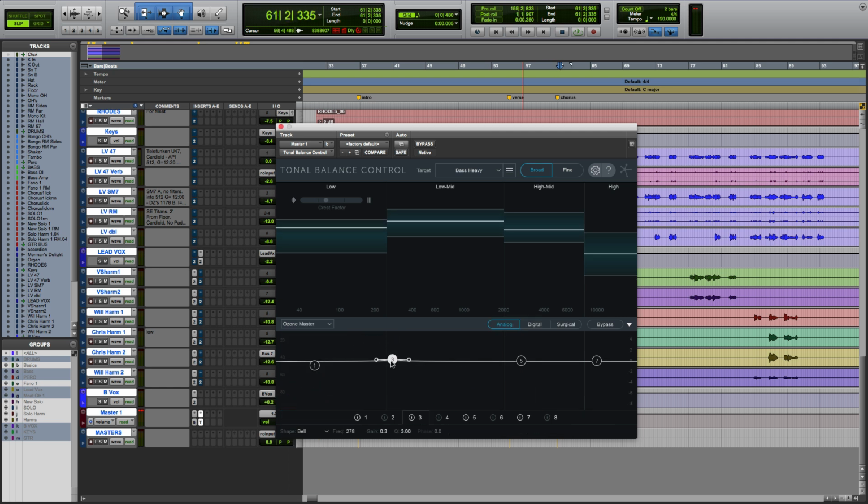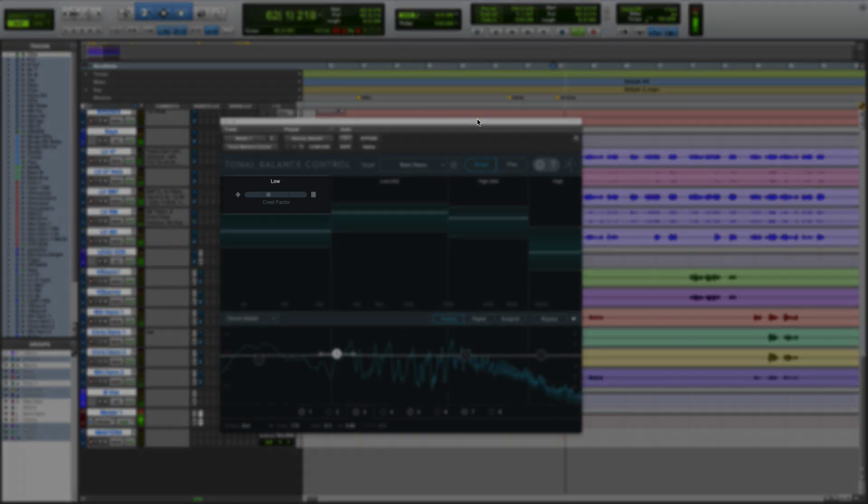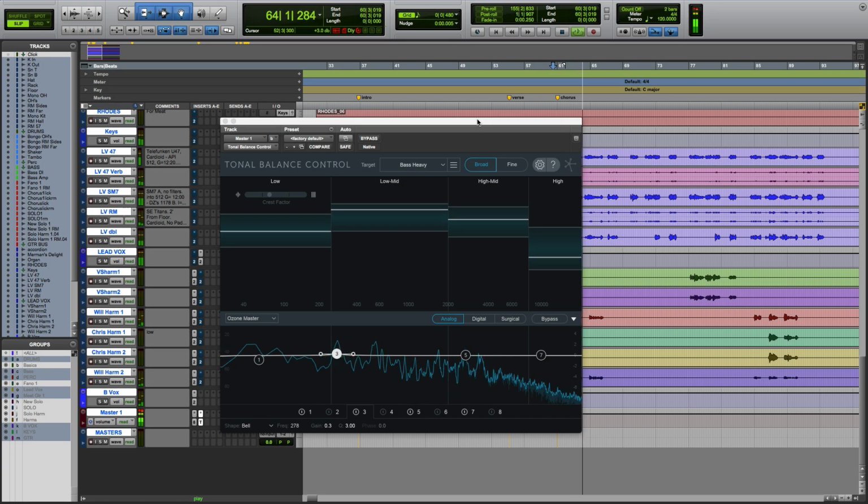I want to play some audio and look at the crest factor really quickly so that we understand what we're seeing over here. So the crest factor meter shows information about the low end dynamic range of your track. When the meter, this little ball, is weighted a little bit too far to the left, this indicates that your mix is too dynamic in the low end. When it's weighted too far to the right, it indicates that your mix is too compressed in the low end.